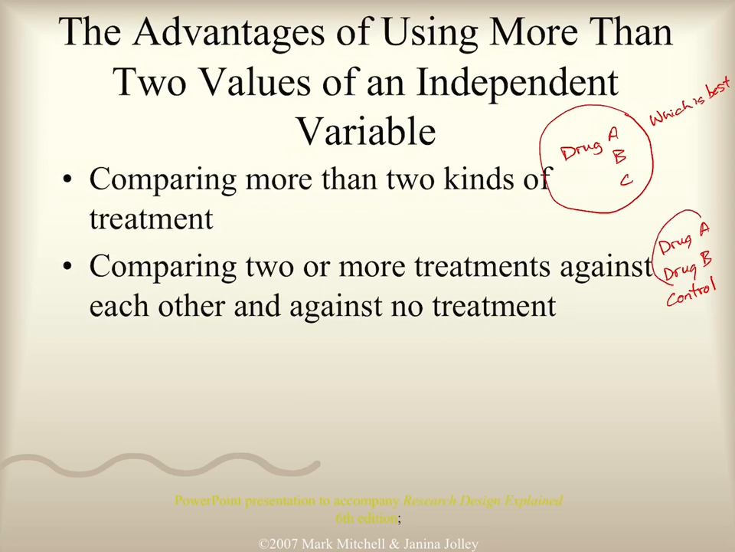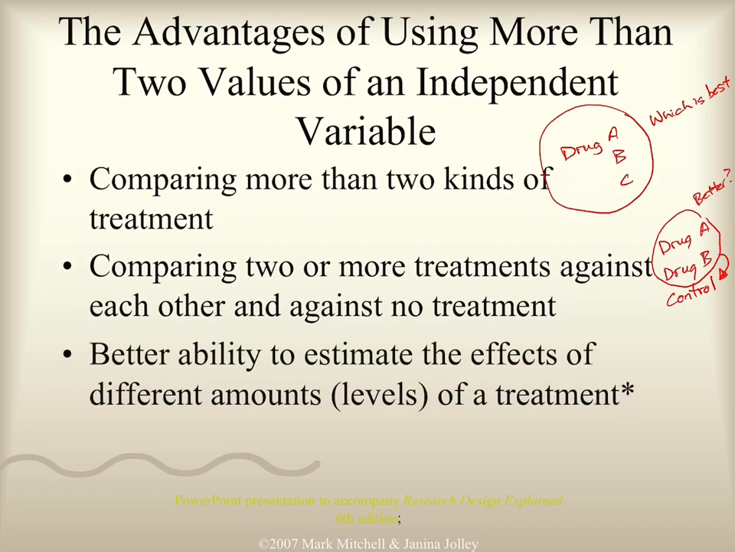Here we can tell not only which is better, but when we compare them against the control, do they do anything at all? In other words, it may be that drug A is better than drug B, but both of them are worse than if you'd done nothing at all. Okay? When we do this, a three or more group experiment allows us to better estimate the effects of different levels